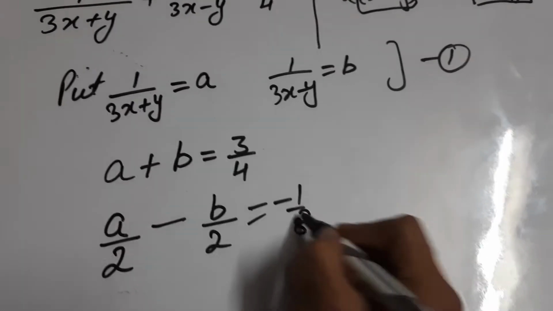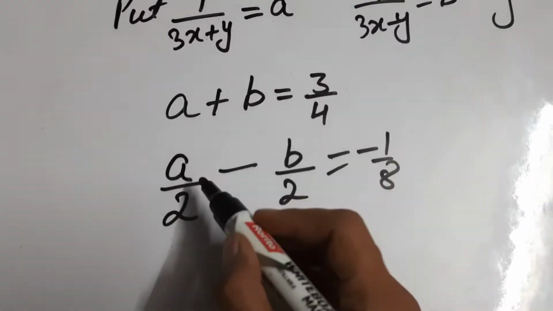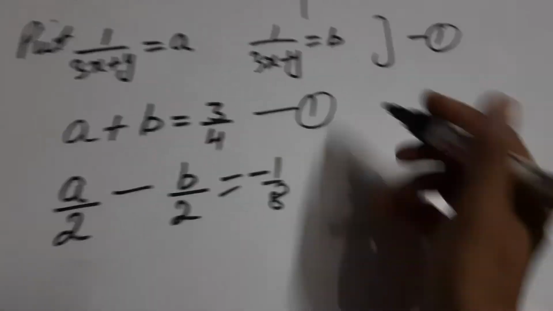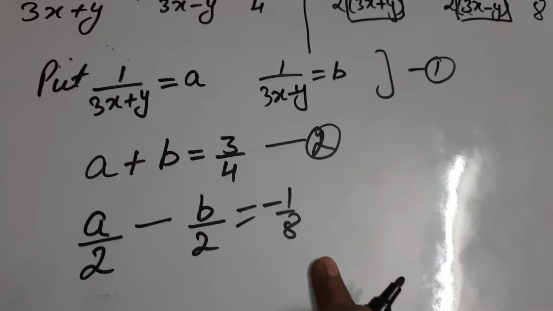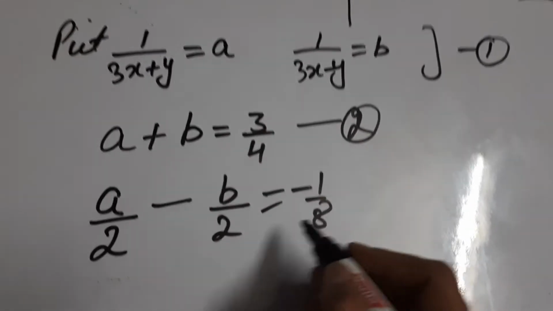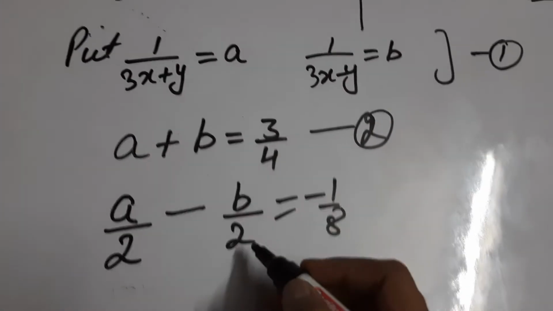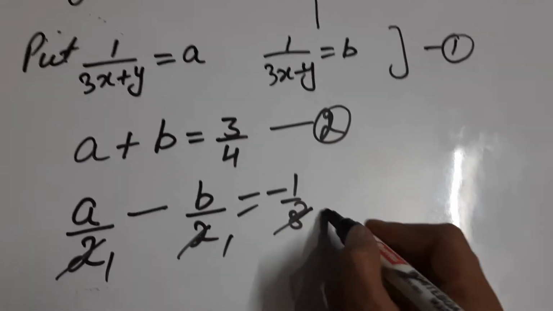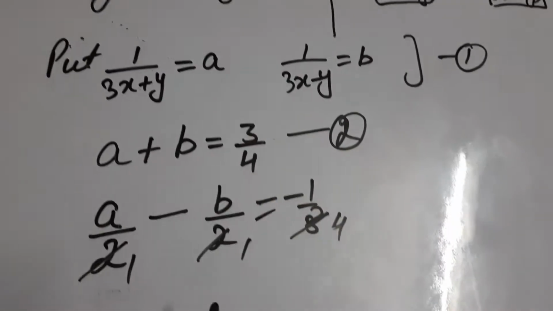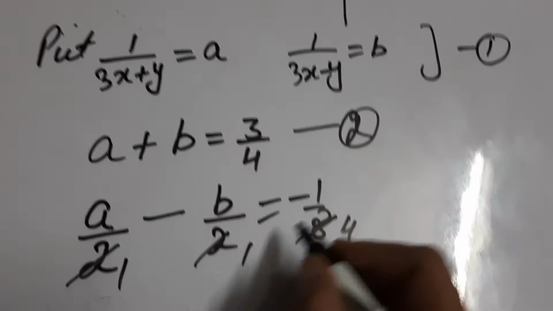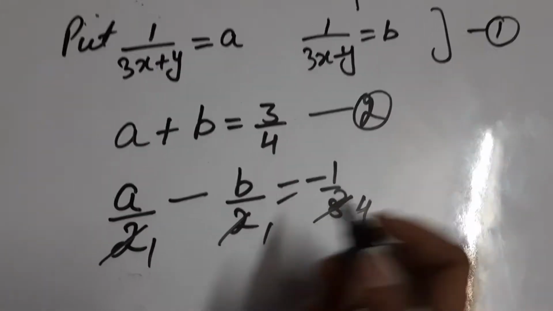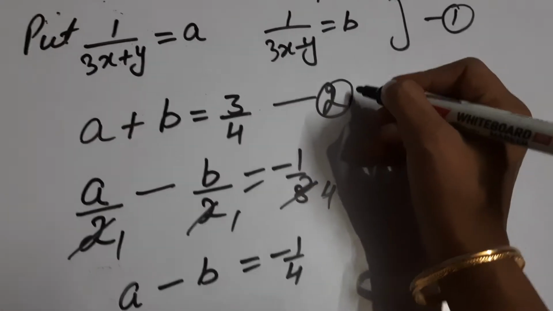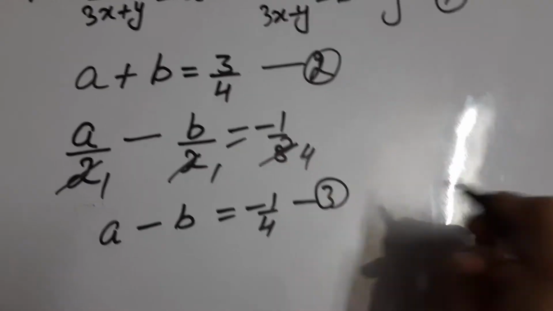So we'll write this. Now again, as we can see, this is the first equation, this we can mark as 2. Sorry, this is the second equation, this we can mark as 3. But as you can see in the denominator, each and every term contains 2. 2, 8 means multiples of 2. We can reduce them. 2 1s are 2, 2 1s are 2, 2 4s are 8. But once again I'm repeating, this should be done in the whole equation, whether it is left hand side or right hand side. So we'll take a minus b is equal to minus 1 by 4. So this is your second equation, this is your third equation.